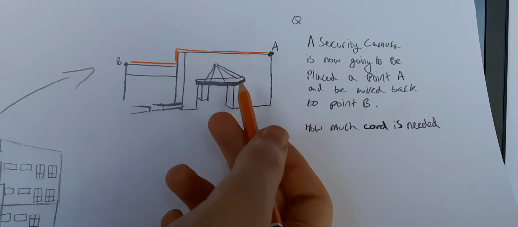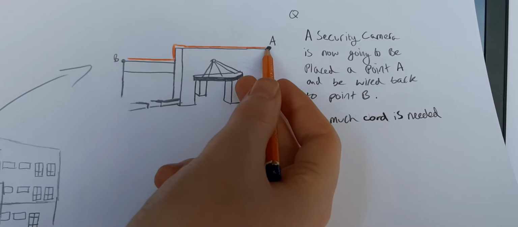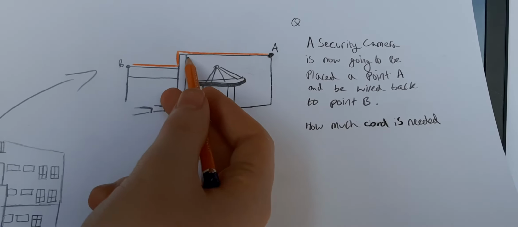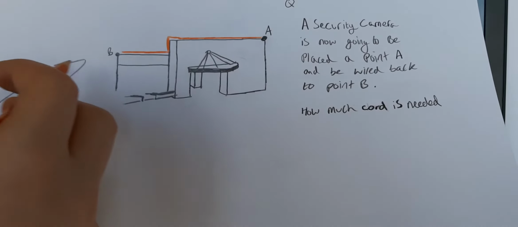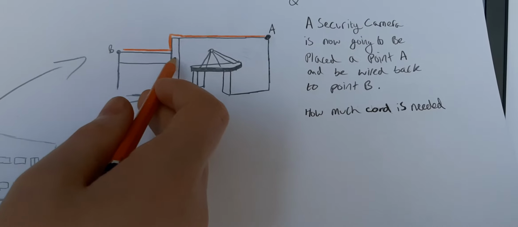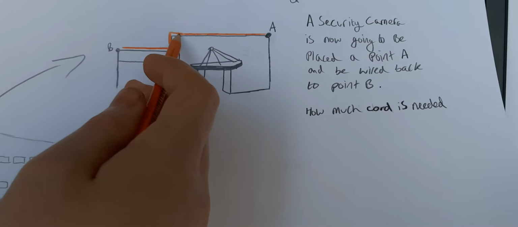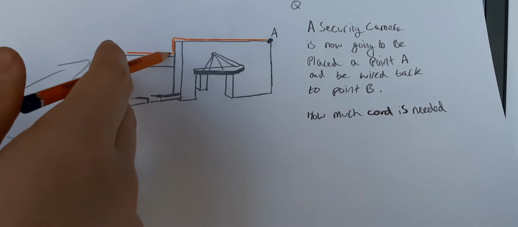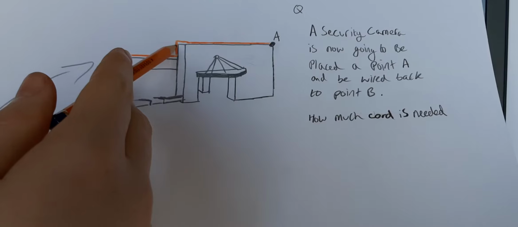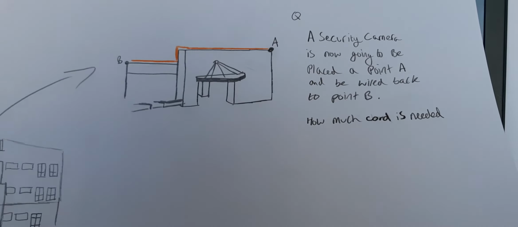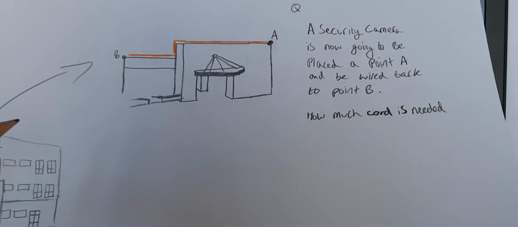If the students can do the first true shape of the first part of the building, they can find the length from A to right here. Then if they do the true shape of this side of the building, they can find this length, this length and this length. So they can have 1, 2, 3, 4. Since they have all four parts, they'll know how much cord is needed